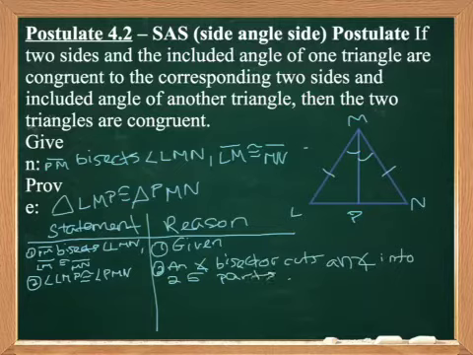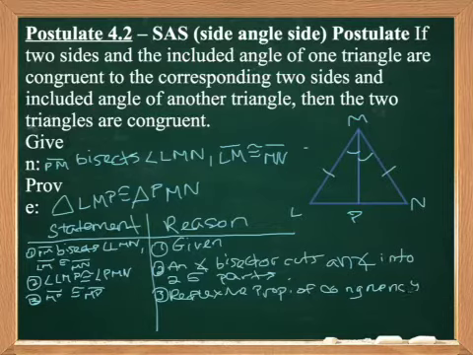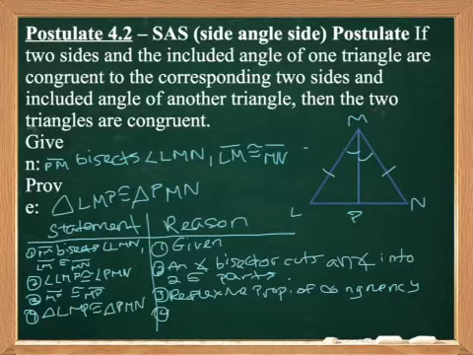So now we have side, angle, and using the reflexive property, we can say that MP is congruent to itself, and this is by the reflexive property of congruency. And now we have side, angle, side. So we can state that the triangles are congruent to one another because side, angle, side is congruent to side, angle, side,